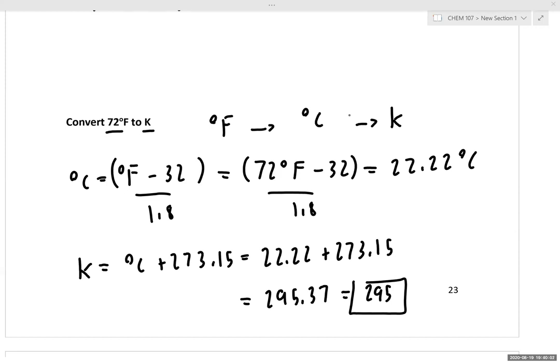Did you have a question? I noticed someone was starting to talk. Yes, that was me. Sorry. Oh, no, no problem at all. How did you get the 22.22 Celsius? So if we take 72 minus 32, we end up with 40. And then if we divide by 1.8,